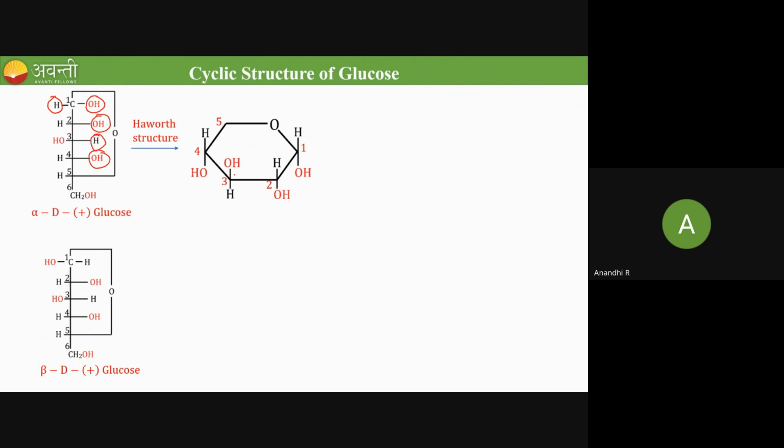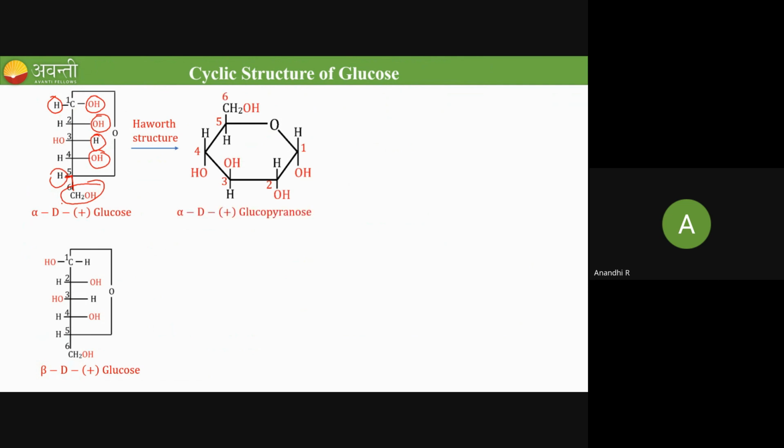In the fifth carbon, listen carefully, we have hydrogen on the left side, but it has to come down. That is an exception you have to follow. In the fifth carbon, you have hydrogen on the left, but it has to be written down. And the other group on the fifth carbon, the sixth carbon containing system, has to go to the upper position. Got it? CH2OH is the sixth carbon.